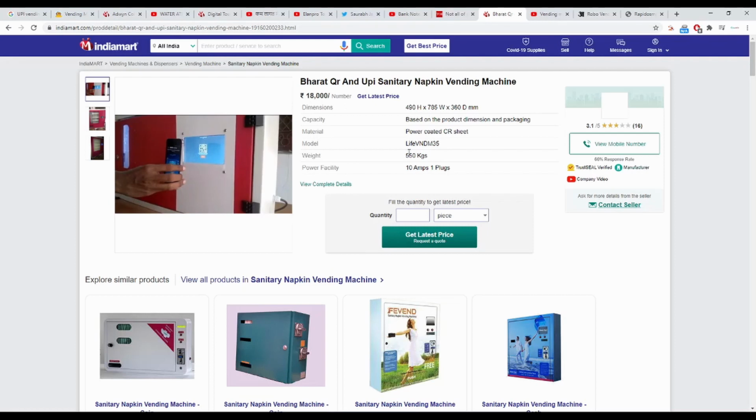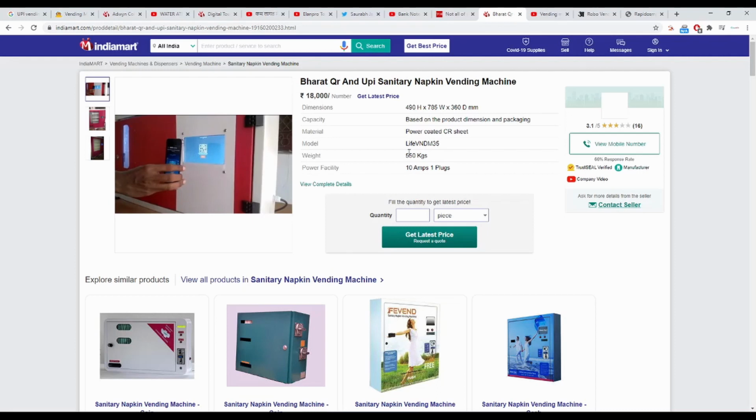And let's say somebody is buying a vending machine from you, then you have to handle all the payment related activities for them. So you have to do all this calculation, like how much money was collected, how much you have to credit back, and you have to handle all the refund related issues, and then you have to charge some commission also on the sales.